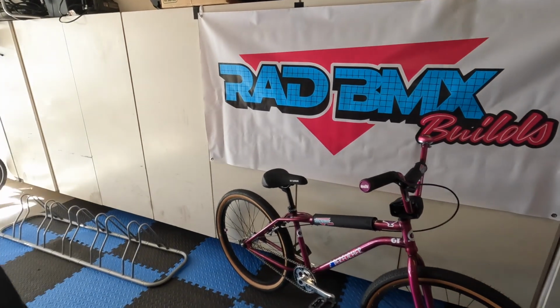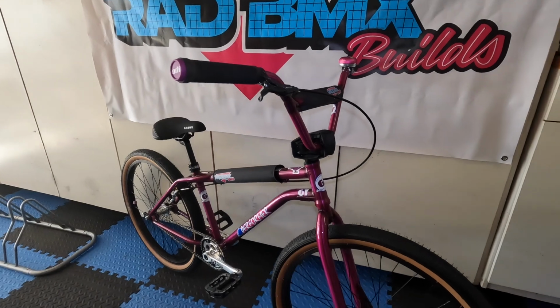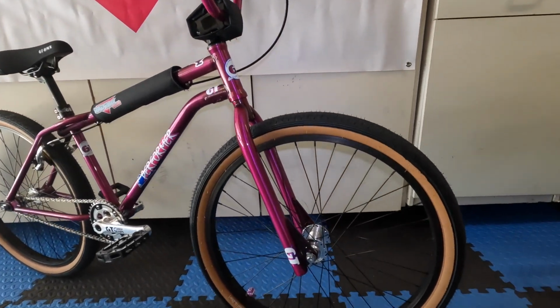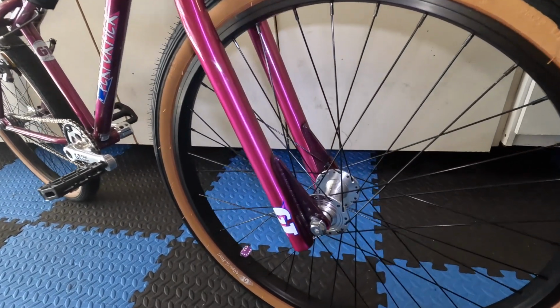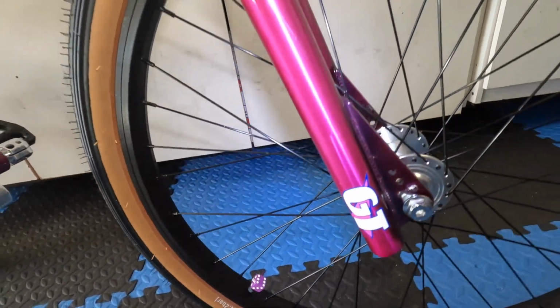Okay, this next bike, it's not going anywhere. Not for sale, don't ask, not going to happen. I got big plans for this bike. Let's take a look. It is a brand new 26-inch GT Performer in purple. Temporarily, might be giving something away there, but currently it's purple, has the GT hubs, got some dice on there,